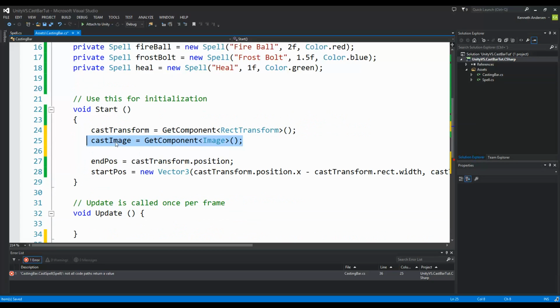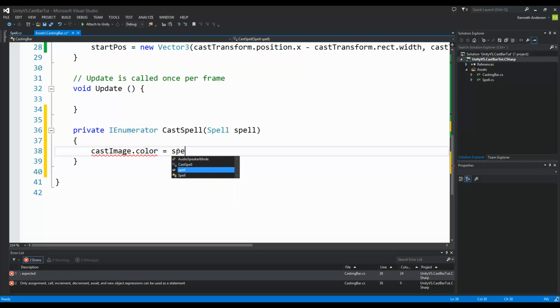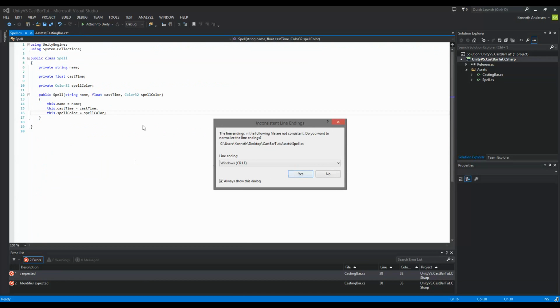So when we've set that image, go back to your cast spell. And now you want to get the image color from the spell. So first of all, we need to write cast image dot color, and this color needs to be equal to the spell that we are providing here. So it needs to be equal to spell dot color. But as you can see, we can't access the color right now because if we jump back into the spell here, you'll see that